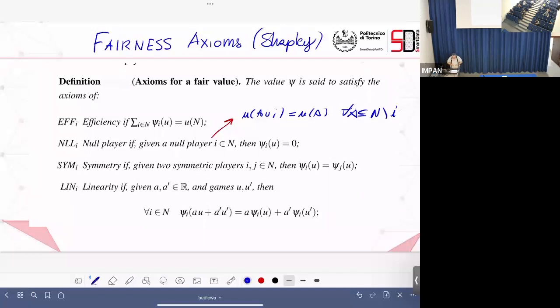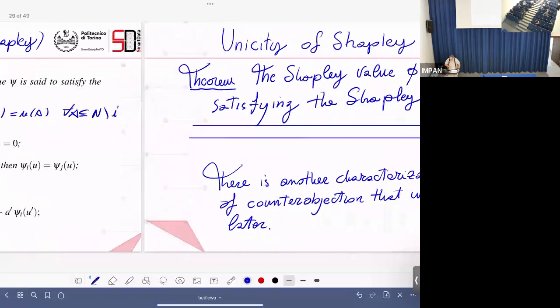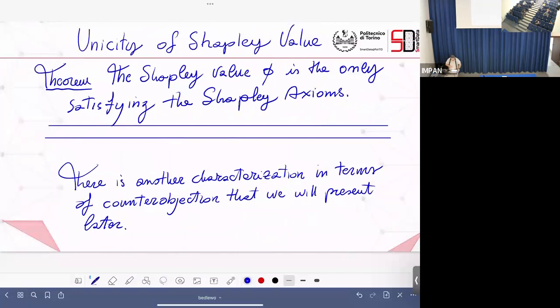Okay, linearity, in principle was not linearity. They asked almost for something, but then it was clear that you can cheat a little bit and use this. So the point is that given these axioms, which make really sense somehow, the Shapley value is the unique value for a given cooperative game that satisfies all the axioms. There's no other. There is another sibling of this, which is called the Banzhaf value, which is a little bit different and satisfies slightly different axioms.